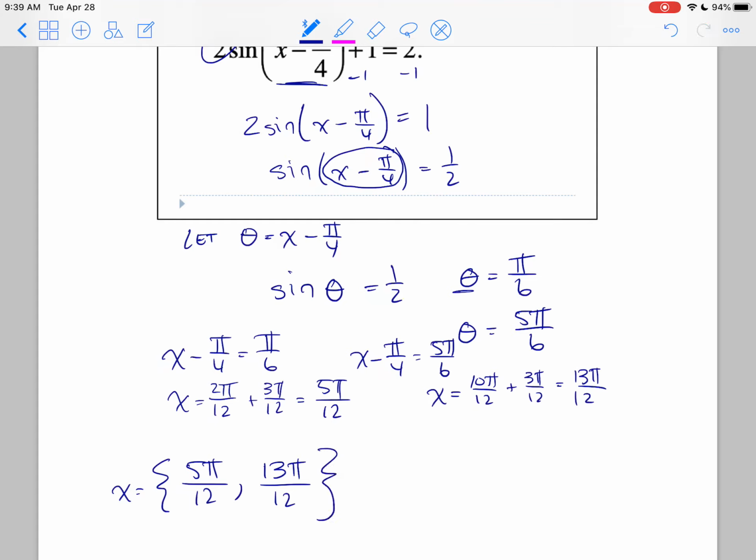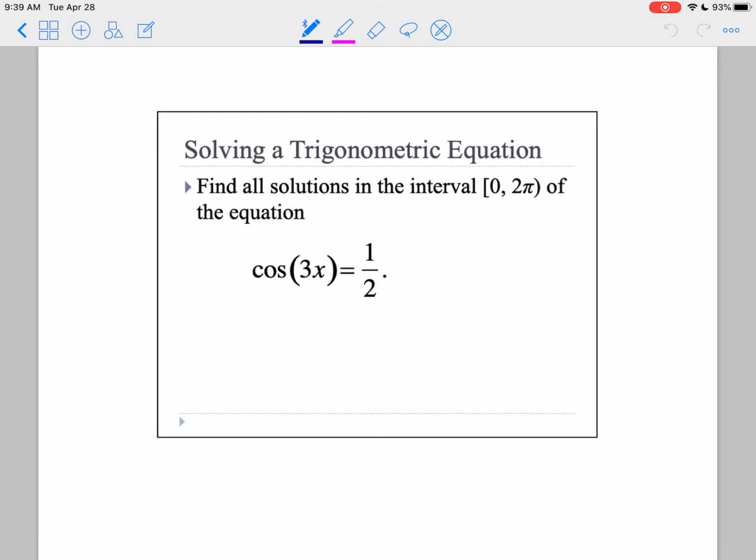And definitely if I add 2 pi to this, I'm not going to end up within 0 to 2 pi. So I do have to check to see if there are more solutions if the period has been changed. So this next example is going to show us that. For this one, since the period is still 2 pi, these are the only two solutions that I'm going to find. However, in this next problem,